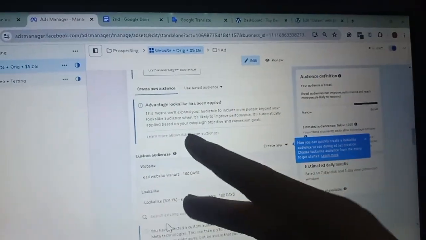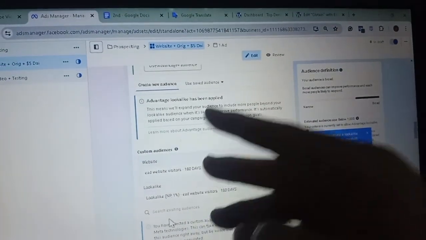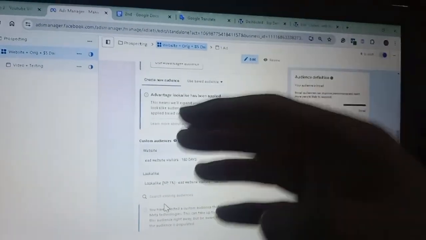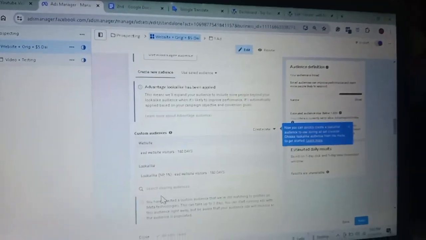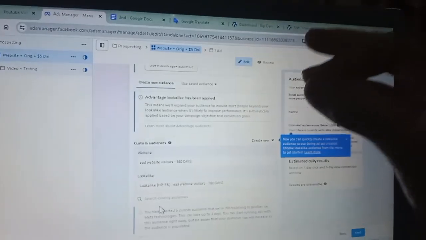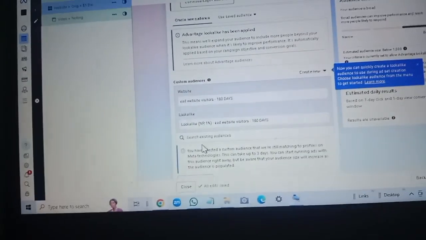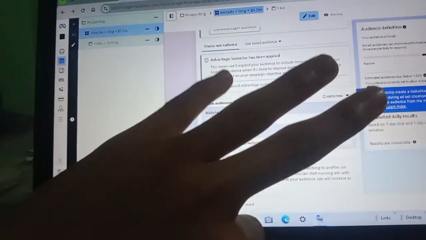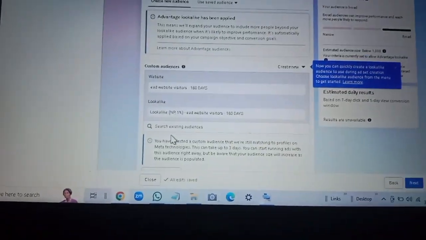And second is that you have to have good creatives and a good offer. A creative means video ads, videos or images, and a copy means what you write there. And yeah, if you follow these two things,